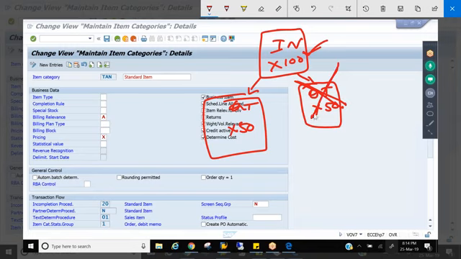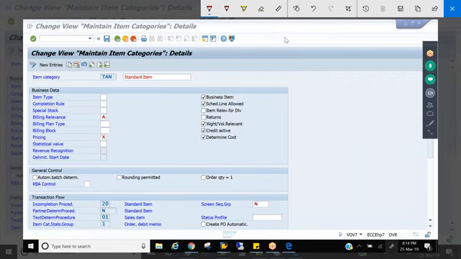Why we cannot create? Because the completion rule for inquiry is first reference. In the first reference, whatever the quantity you referred, that is frozen. That's it. Even though there are quantities available, you cannot create one more quotation referring to this, because the completion rule for AFN inquiry is first reference. Whatever you referred first, that's it, done. You cannot create one more.